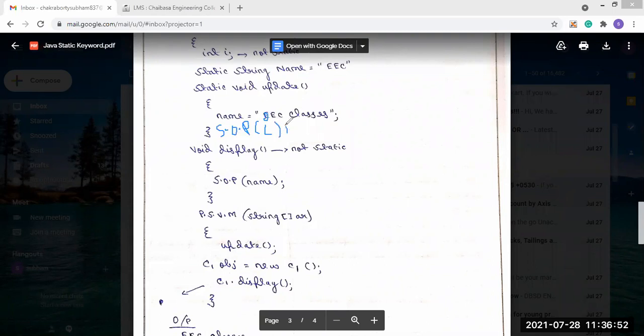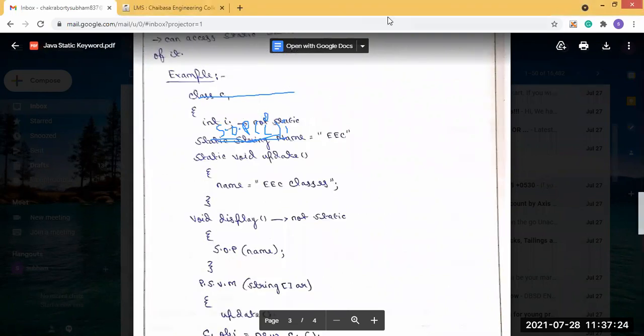Now, this cannot be done. If we do this, it will give a compile time error, because this is a static method and it is calling a non-static variable. If you observe, i is defined as non-static.